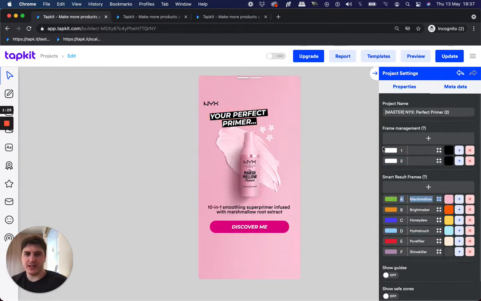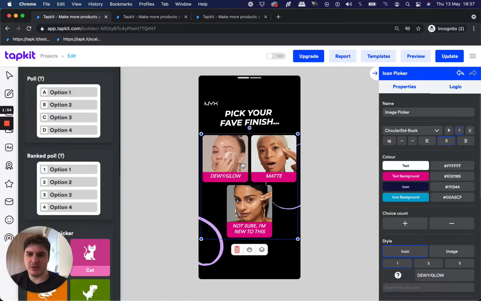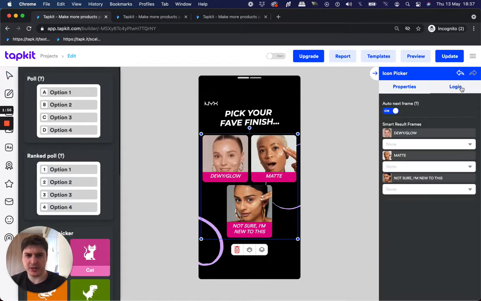So how this is set up: you design those out and set that up, and then once you've done that you go back to your experience and map out the scoring. Smart result frames work on a scoring system where you can assign a point towards a smart result frame on every widget or just one widget throughout your flow. So you can decide how you want to map it out yourself, depending on your goals. But if I take a look at this experience and I come over to the logic,